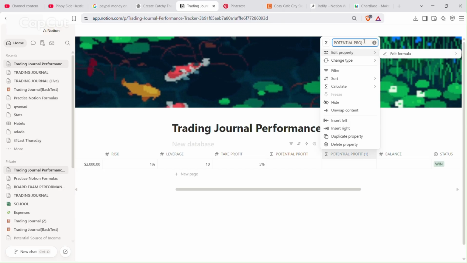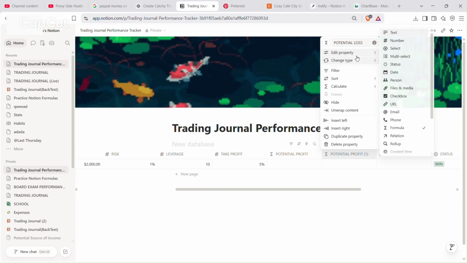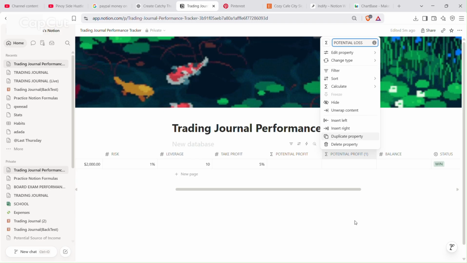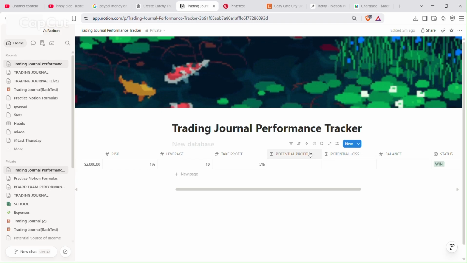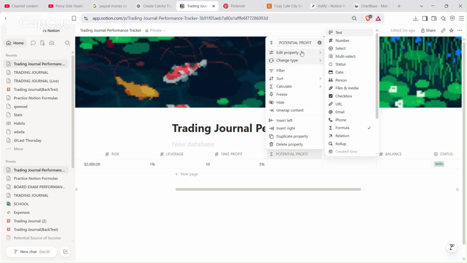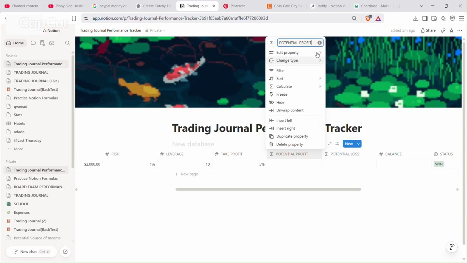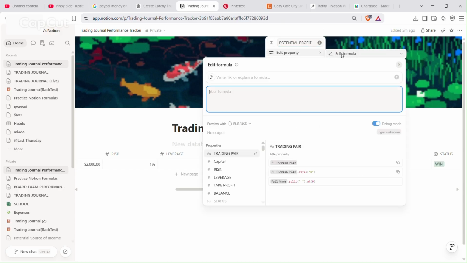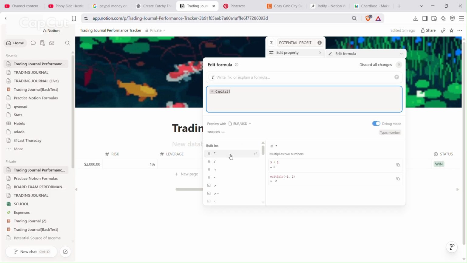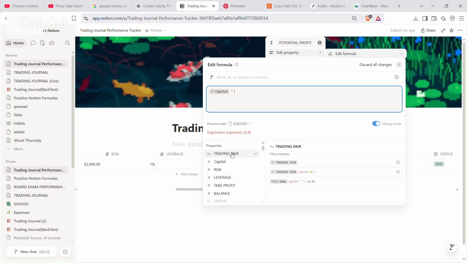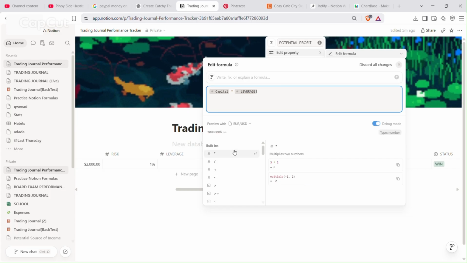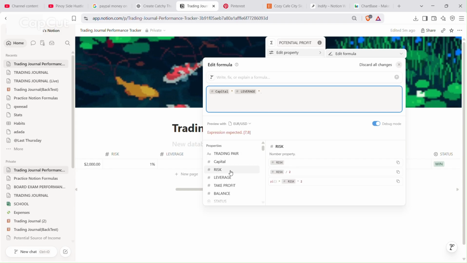Potential loss here, and then since this is already also a formula, I will just need to configure that potential profit. So edit formula. So let us say capital times leverage, then we will multiply it to the take profit.